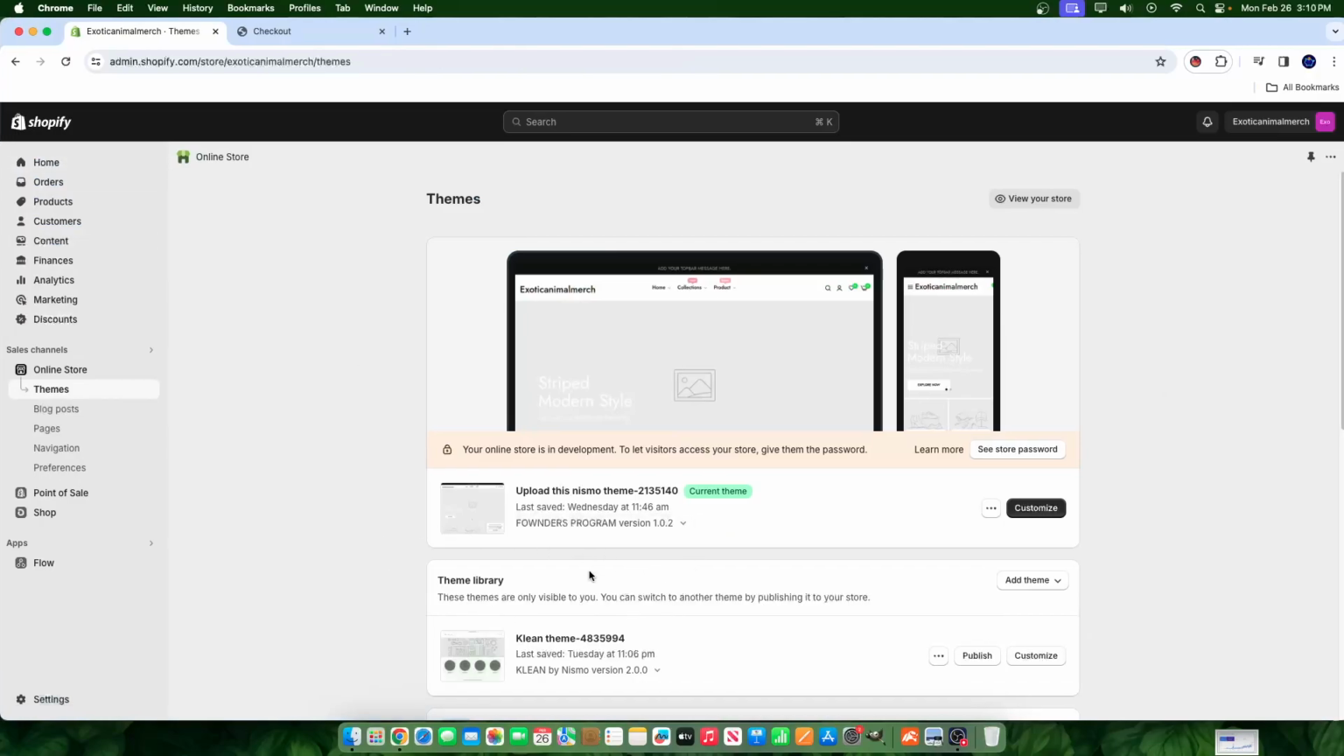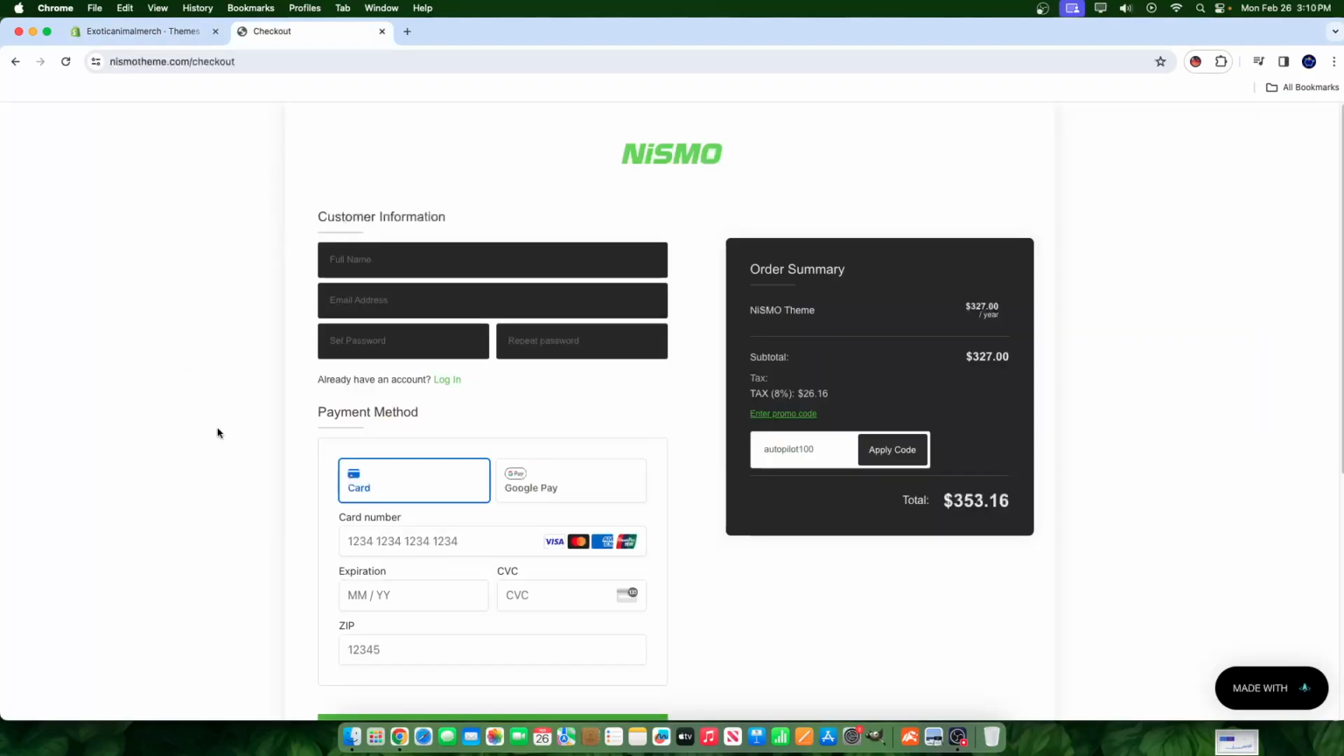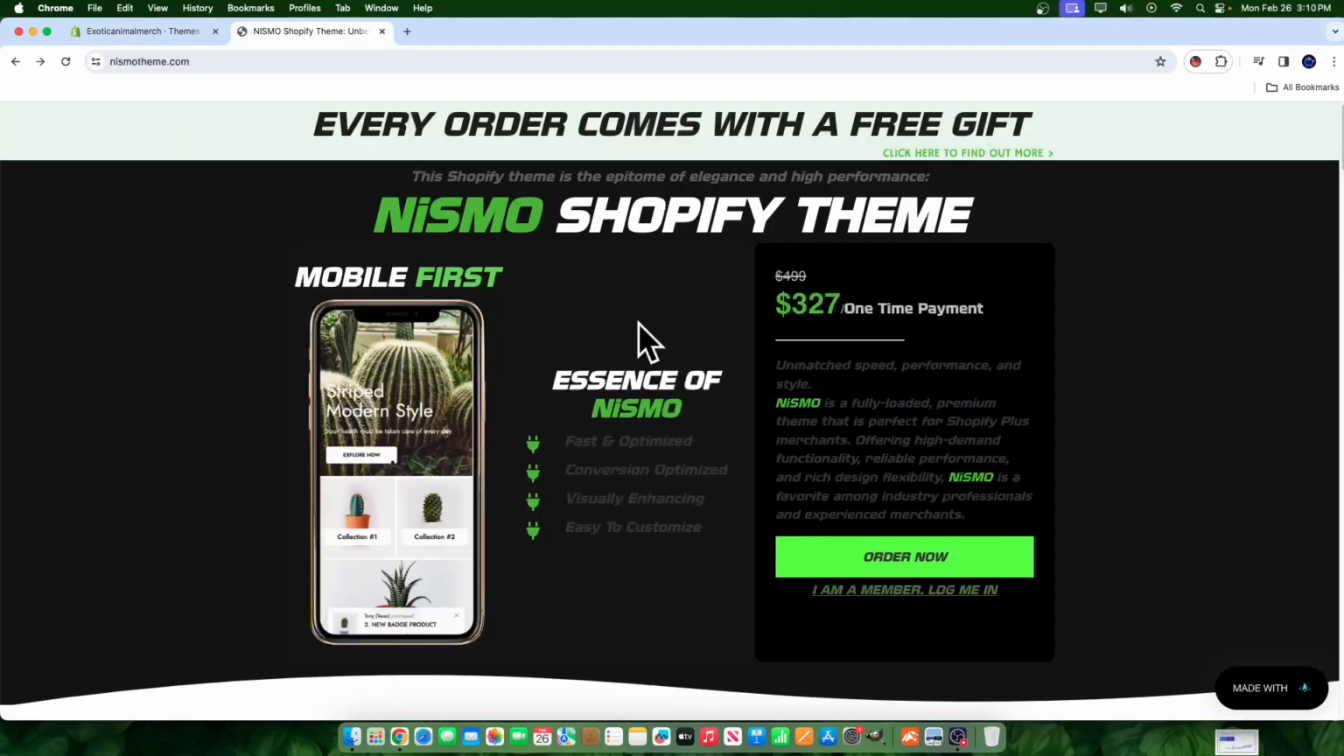We have two themes added, which really comes down to the purchase of one theme. The Nismo theme, obviously we have Nismo and we have Clean theme. I uploaded them the exact same day, same time, etc. If you guys want access to the theme, because we're going to start working on the design right now of this print-on-demand store,